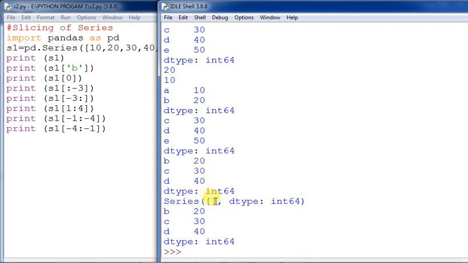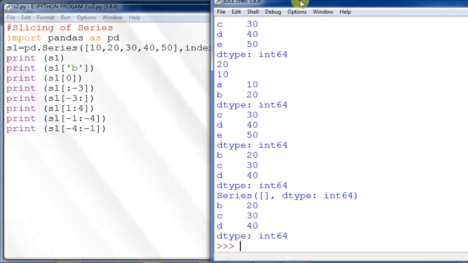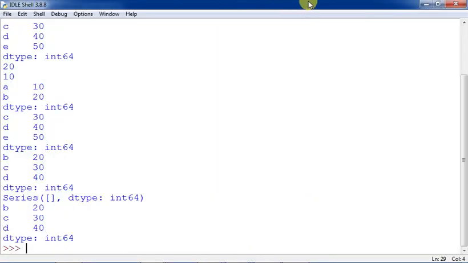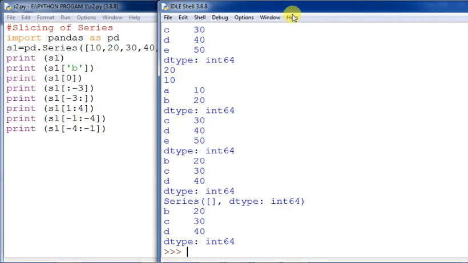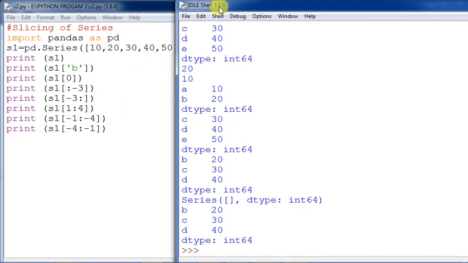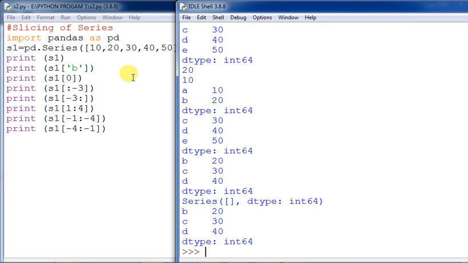Then you see the series for -1 colon -4: no null series has been printed, but for -4 to -1 it has been printed. So what is -4? -1, -2, -3 and -4. You are reaching till 20. In both cases the similar output has appeared.